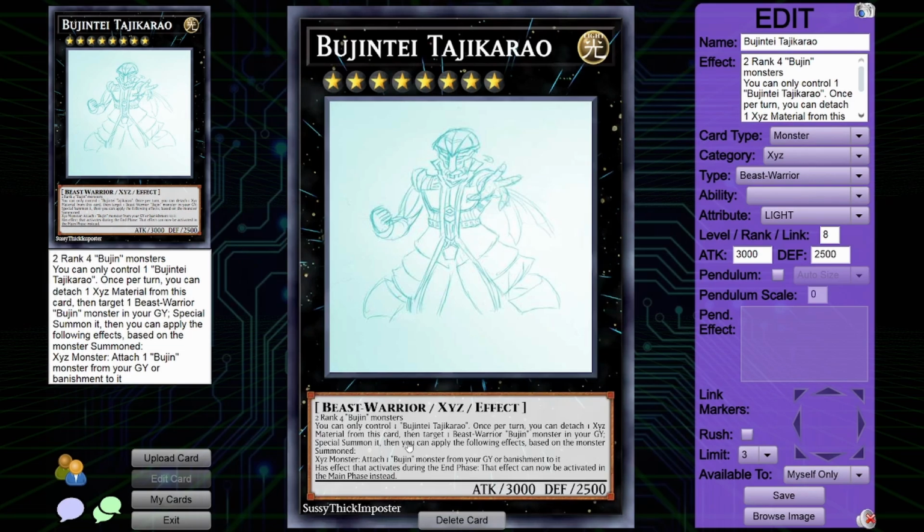Once per turn, you can attach 1 XYZ material from this card, then target 1 Beast Warrior Bujin in your graveyard, special summon it, then apply the following effects based on the monster summoned. If it is an XE monster, attach 1 Bujin monster from your graveyard or banishment to it. Or, if it has an effect that activates during the end phase, that effect can now be activated in the